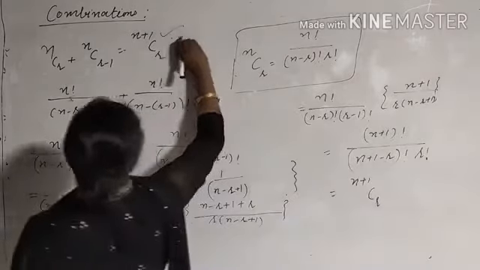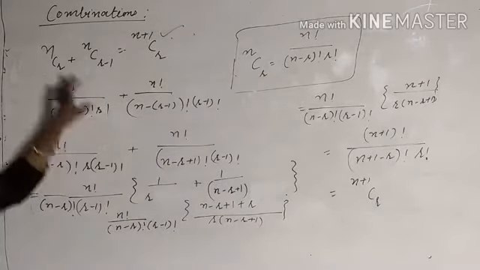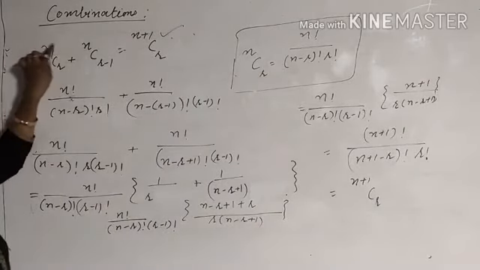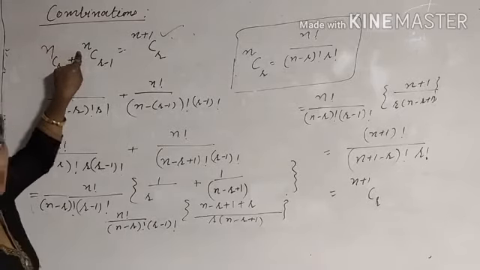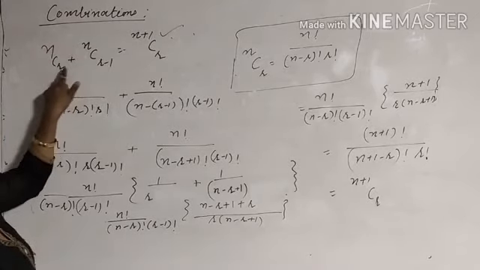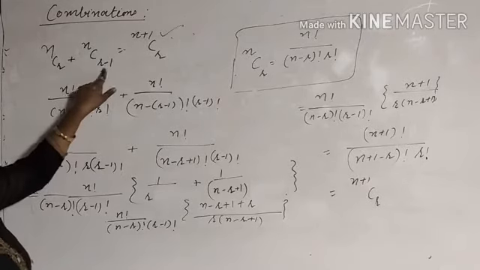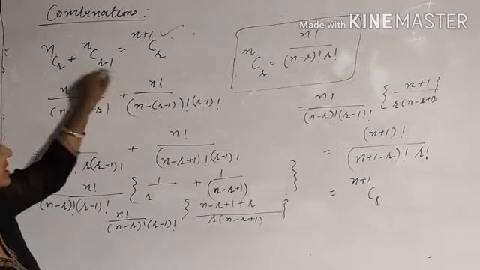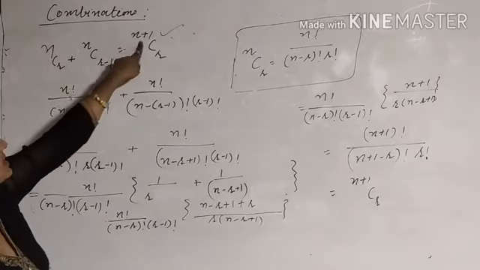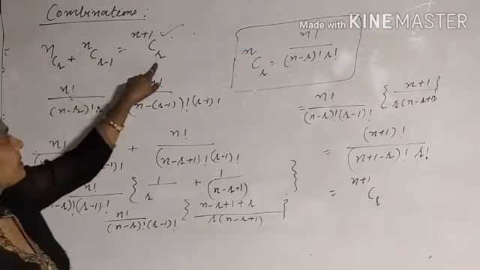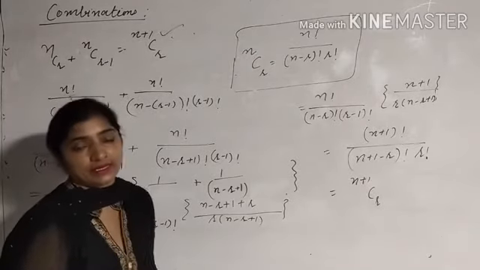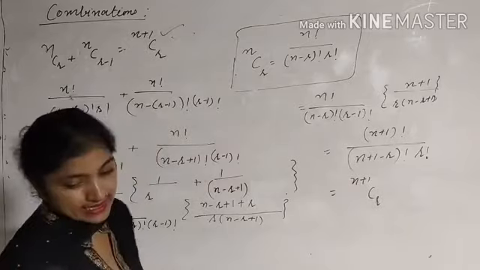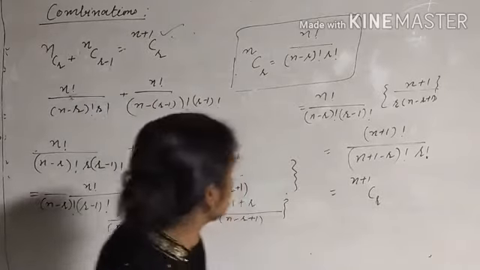This is also a very important formula for the numericals: for nCr, if the number on the upper side, the total number of elements, is the same, and the base here is r, then here it is r minus 1. So the upper part is increased by 1 and we have taken the bigger among the lowers, right? So nCr plus nC(r minus 1) is (n plus 1)Cr.